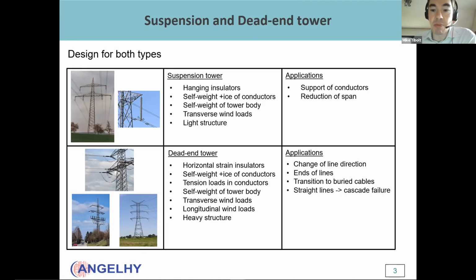End of lines, yes, but also where you have the transition phase between overhead lines going down to the soil to buried cables, as you can see it on the bottom left corner, where you would like to go down to the soil. You anchor the tension forces from the conductors to the tower, but also for straight lines, you use them, and you can see it when you're driving on the motorway, for example, that also dead-end towers are